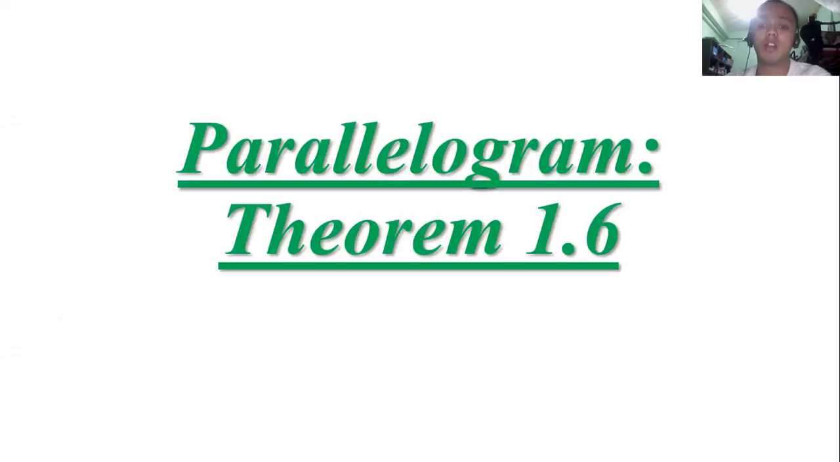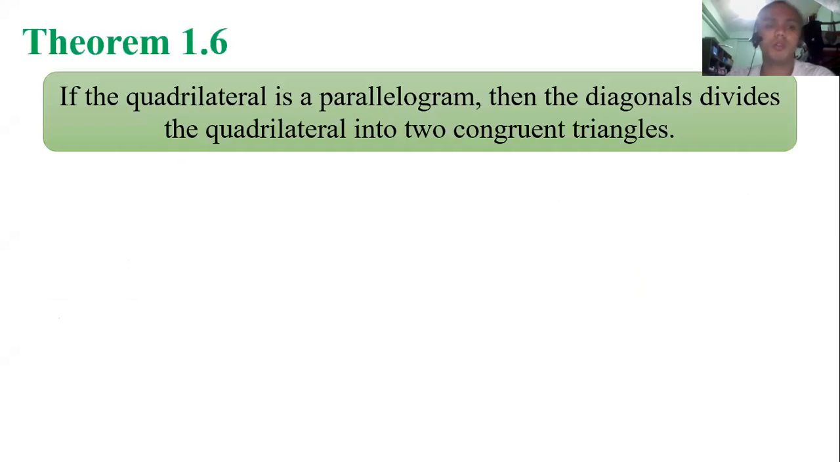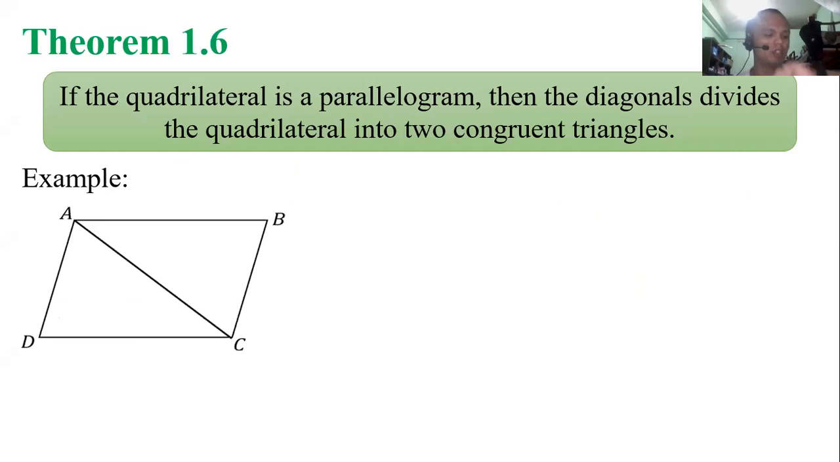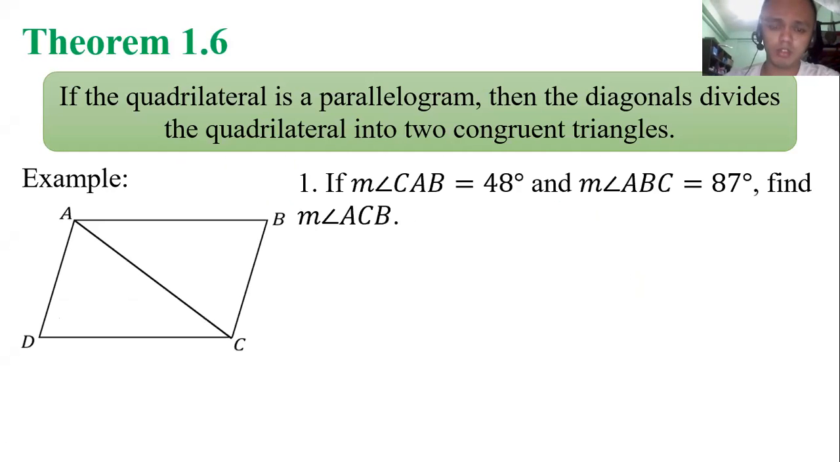So today we will discuss Theorem 1.6 of the parallelograms. Theorem 1.6 states that if the quadrilateral is a parallelogram, then the diagonals divide the quadrilateral into two congruent triangles. Example here, we have ABCD. If the measure of angle CAB is equal to 48 degrees and the measure of angle ABC is 87 degrees, find the measure